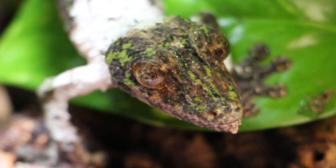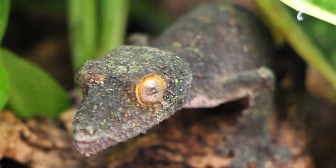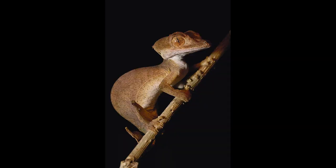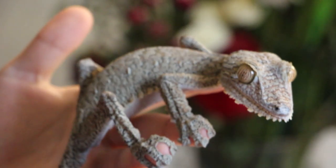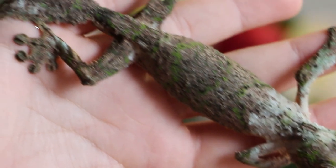Leaf-tailed geckos are easily one of the most incredible geckos you can own. They are cryptic, unworldly, and ridiculous, and the Uroplatus genus, which are the Madagascar leaf-tailed geckos, is very diverse. The species within Uroplatus range from a 3.5-inch dead leaf mimic to 10-inch bamboo mimics and even 12 to 13-inch long bark mimics. Each of these little subcategories have their own superstars, but the true winners of my heart are